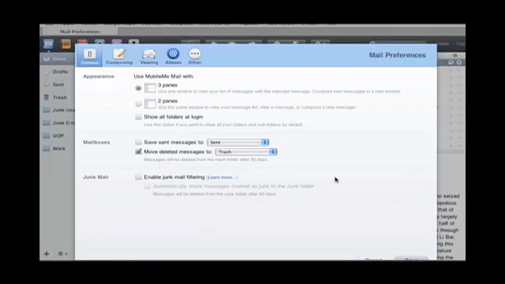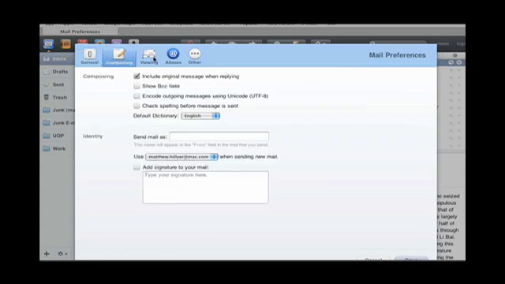Your preferences. You can choose how you want to look at it, show what folders you want at login, save where you want your sent messages and your deleted messages to go, enable junk mail filtering at the server level, versus at the application level, some composing preferences,